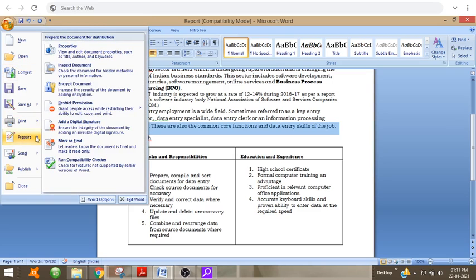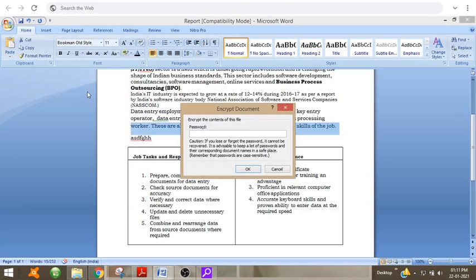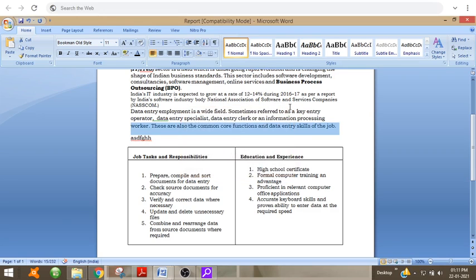These menus will appear, go to encrypt document, then click on encrypt document, then encrypt the contents of this file, then type the password you want to give, and after giving the password click OK, so that password is set. Now if you want to open the document, you can open it by providing the specific password.